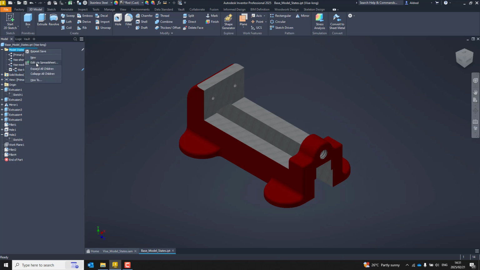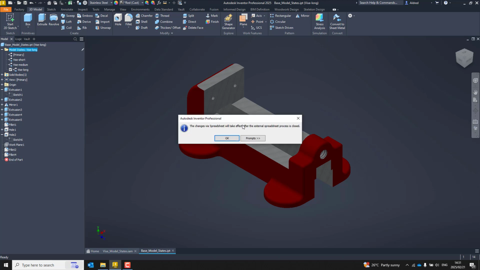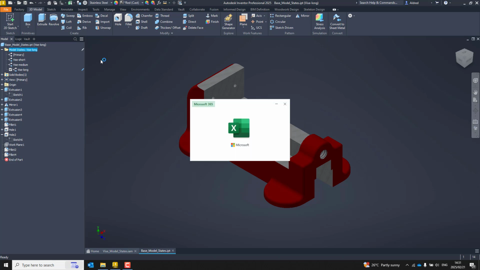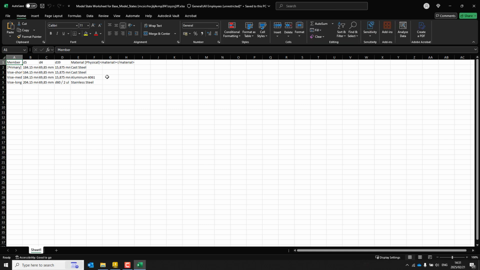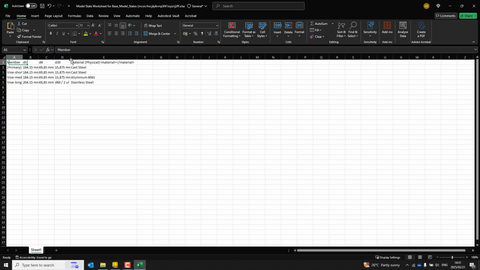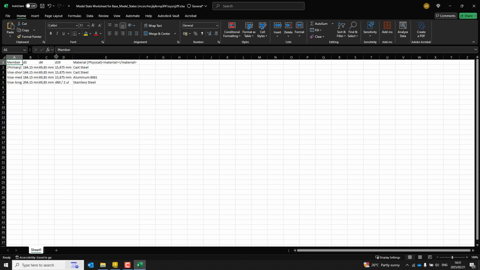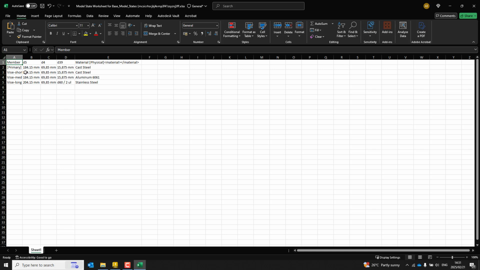on the model states folder. I can see edit via spreadsheet. If you have worked with iParts or iAssemblies, you'll be familiar with this process. Now over here, you'll see I've got my cast steel, and I've got some other values over here which allow me to manipulate. So the D5 is the length, and just as you can see at D5, D4, and D39, it's probably a better idea to have modified the parameter names so that I know exactly which one I'm modifying when I'm in this Excel spreadsheet